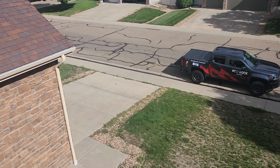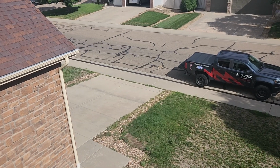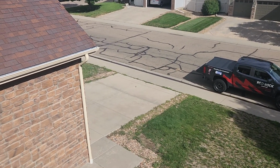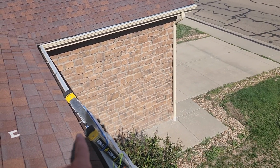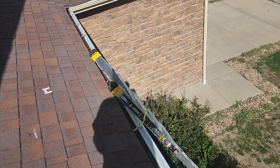I'm here at 5874 Oak Meadows Boulevard here in Firestone, Colorado. I'm going to do a quick inspection video for the roof. I had to extend my ladder all the way up to here, so I'm just going to start the inspection